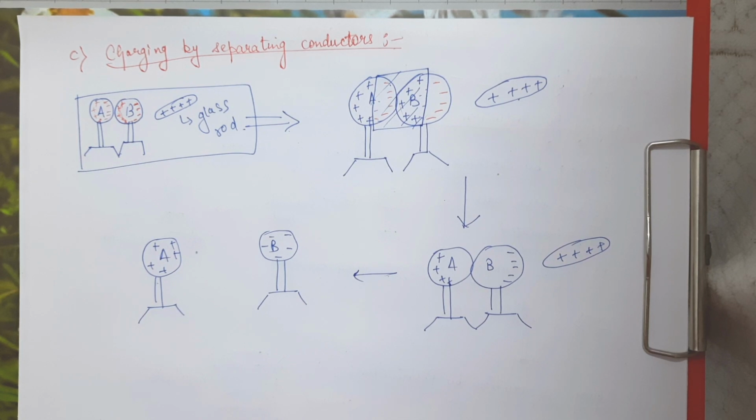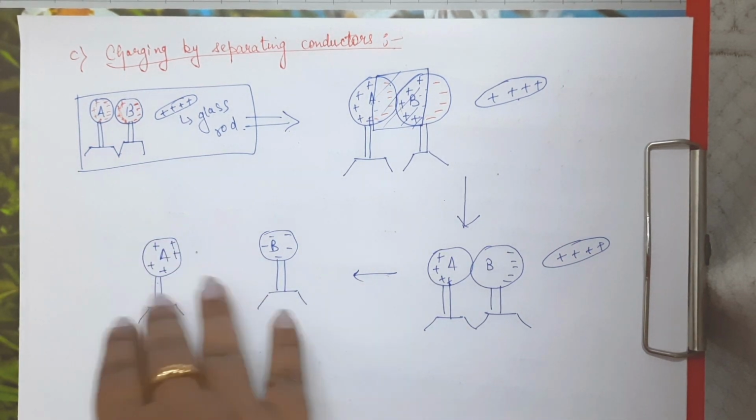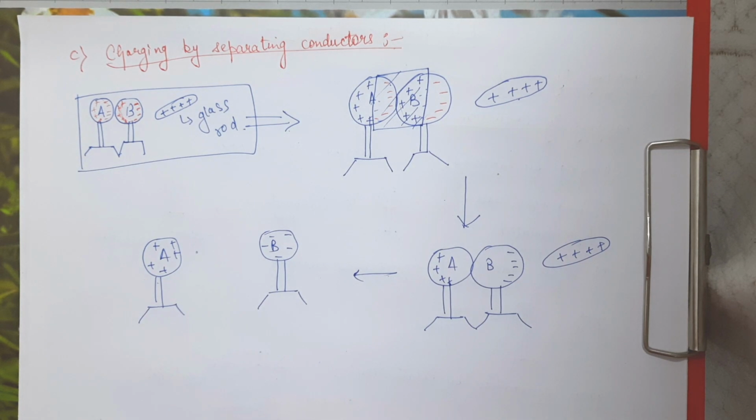Now in the next video, we are going to discuss a little bit about charge distribution when the shape of the conductor is not as symmetric as this one, when they are unsymmetric in shape. Also, one more thing, that is quantization of charge. That is a property of charge which we have not discussed yet. So in the next video we are going to discuss that as well. That is a very important part also.